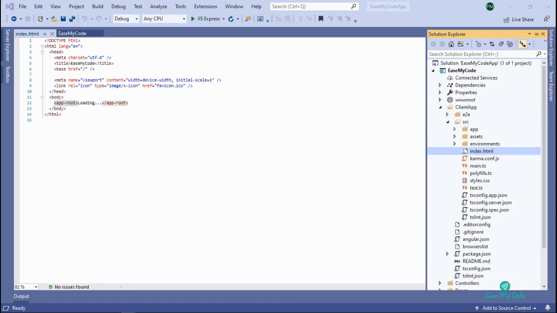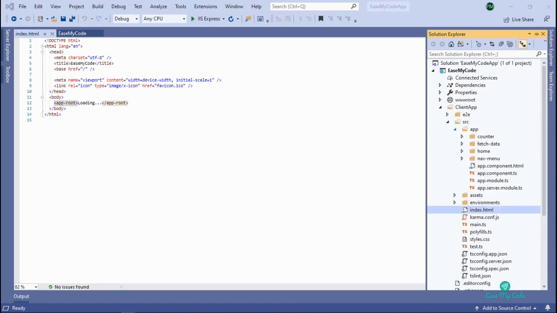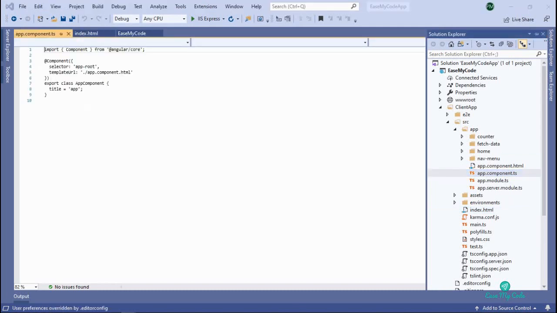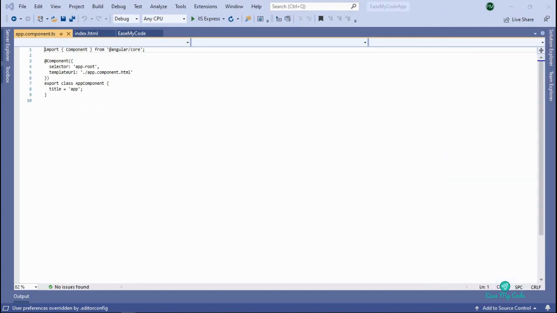app.component.ts, which is located under the app folder. So you go to app.component.ts. In this app.component.ts, ts is the TypeScript file. So if you see here, at the rate component, the selector value is given, which is app-root.